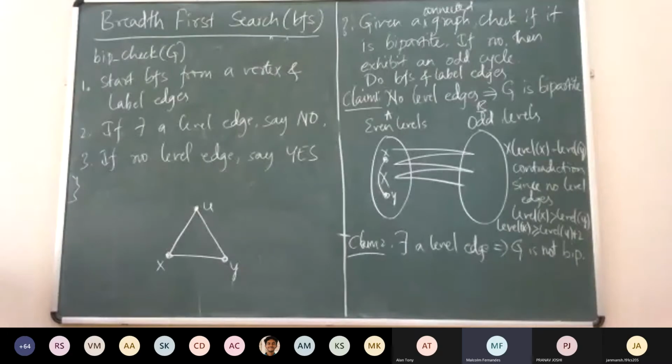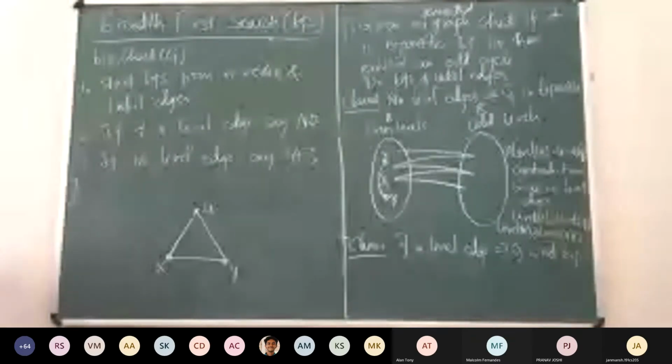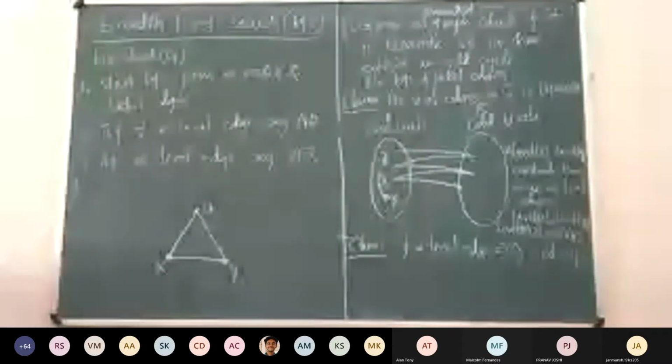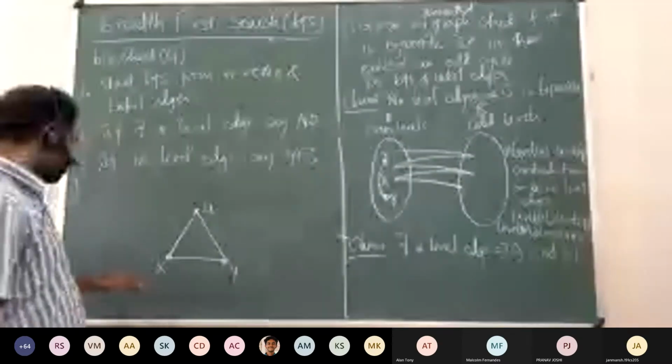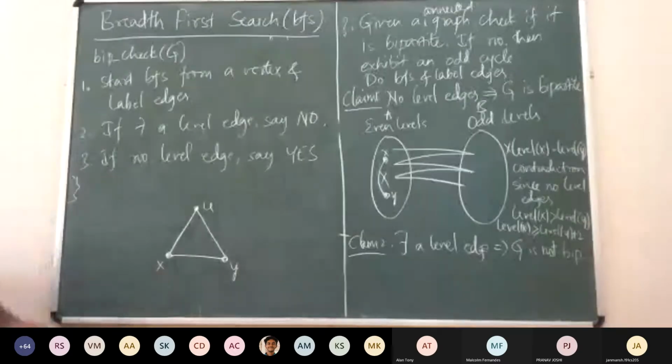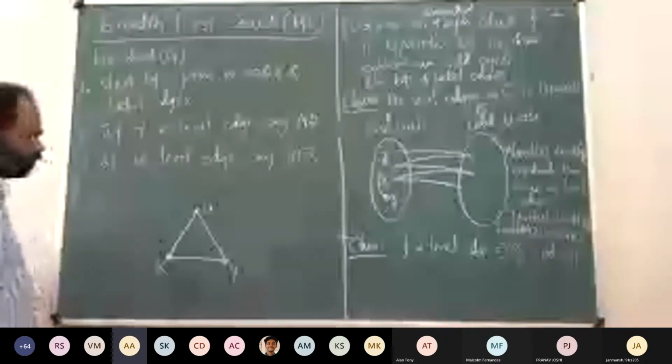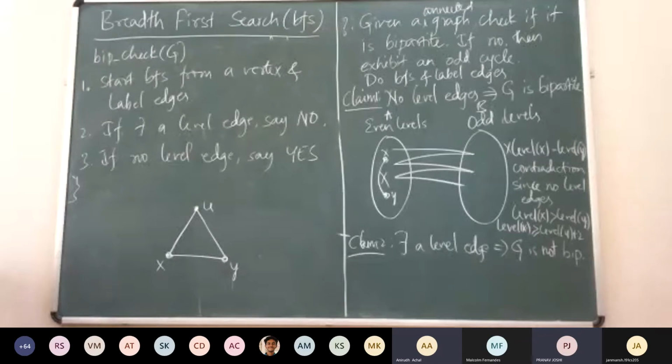Okay, good. So I think this is what Pranav was also trying to say later. X and Y are at the same level, which means that both are not sources, since it's a level edge. Now, does there exist a common ancestor for X and Y? How do we prove that there exists some common ancestor? If we keep backtracking from X, is there some vertex which is always a common ancestor?